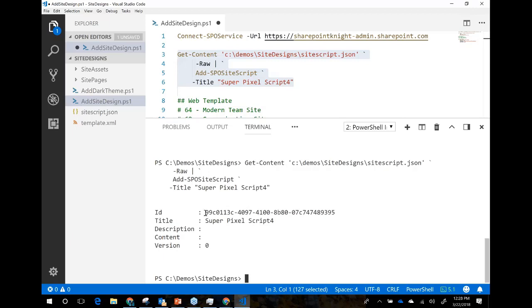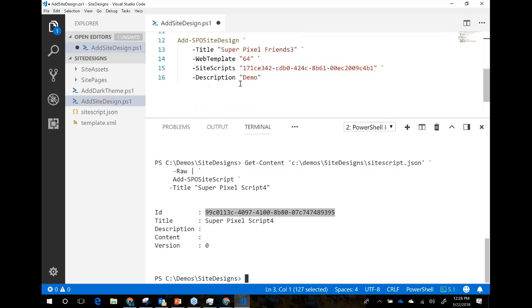All right, so we have our SuperPixel Script 4, and we have an ID. Now we need this ID in order to be able to create our site design. So we'll call this one webinar. And instead of the old one that I was playing with, we're going to add this one there. So we add the site script that we just added, and then we can go ahead and,